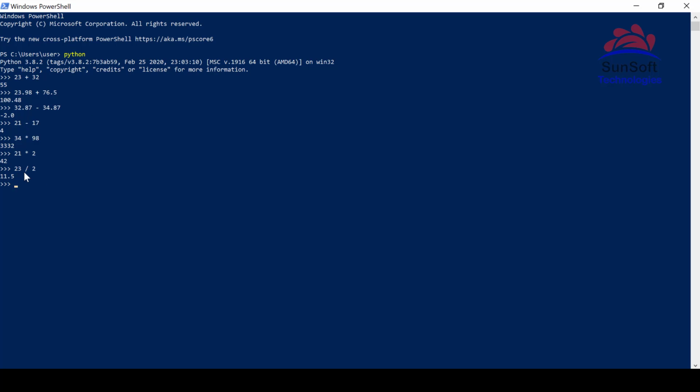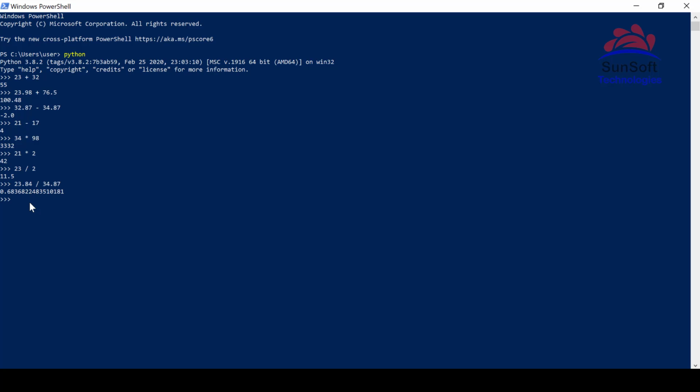You see, the division operator gives a float result even if the operands are integers. Okay, now let's say we have floating point numbers for division. Still our result is floating point.